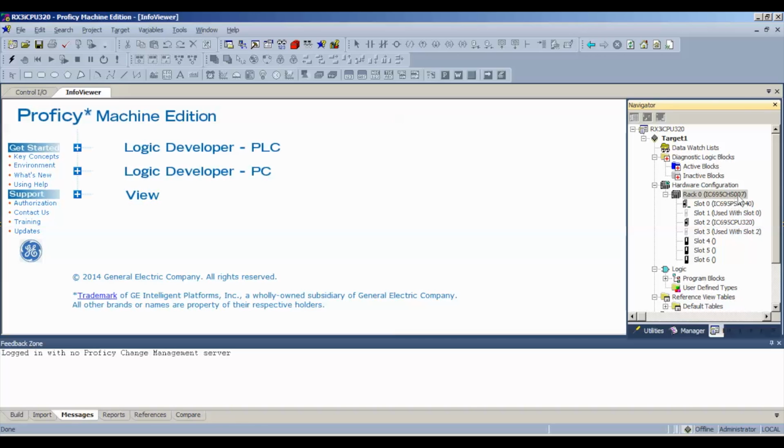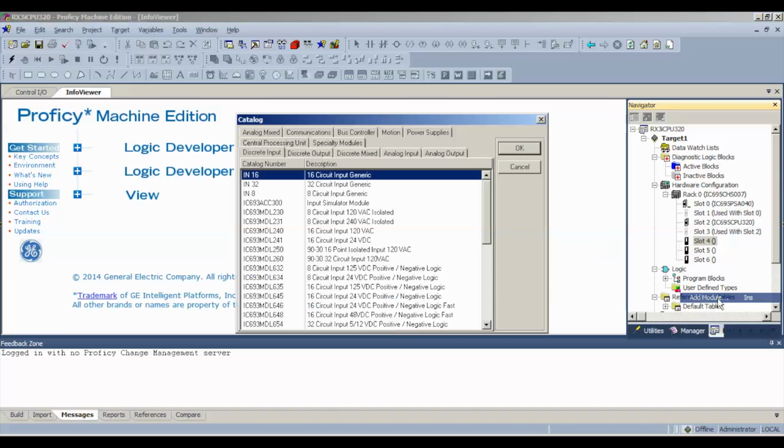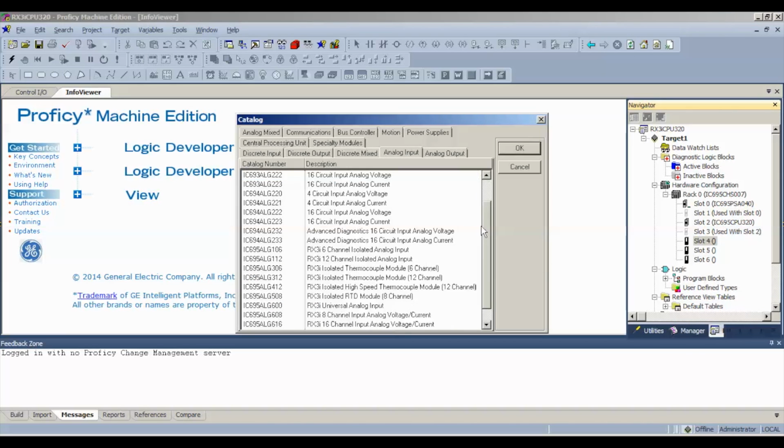So I'm using a 7-slot rack, CHS007. You can follow this test with a 012 rack or a 016. It doesn't matter. My power supply and your power supply will be using 2 slots, 0 and 1. And the processor, my CPU 320, is using slots 2 and 3. That leaves me with the next available slot for this particular test as slot number 4. So I'm going to go ahead and right click or double click on slot 4 and select add module. As we said, it's an analog input,